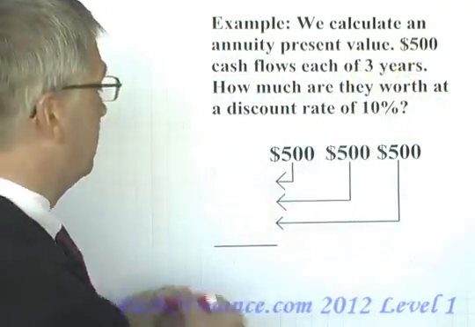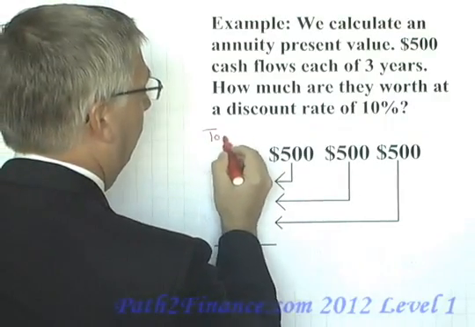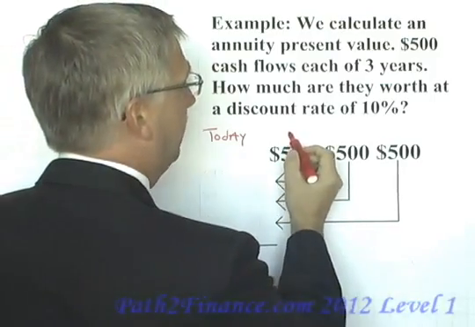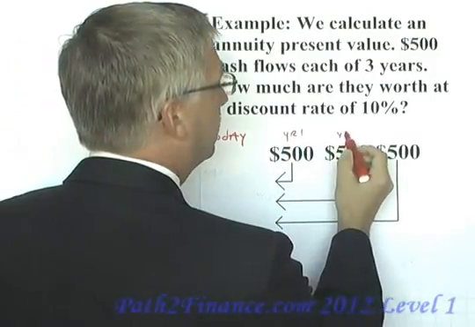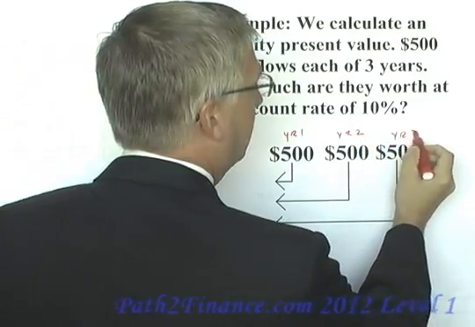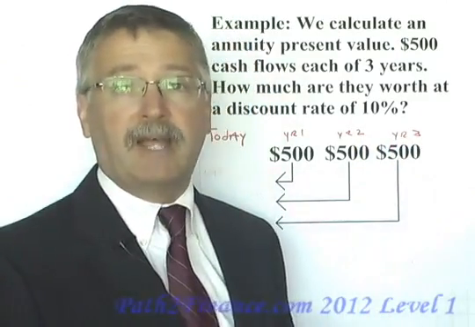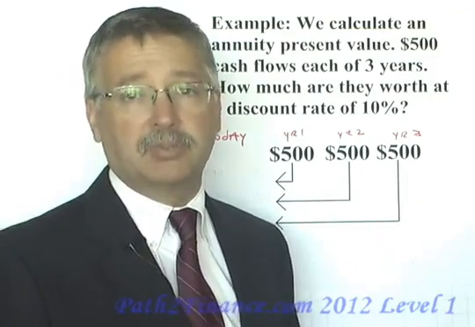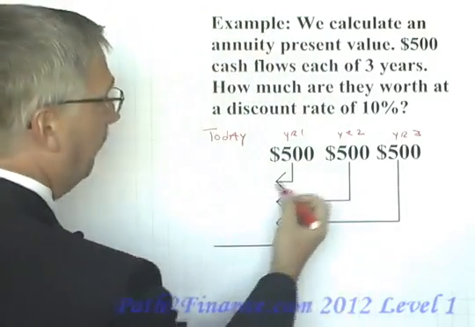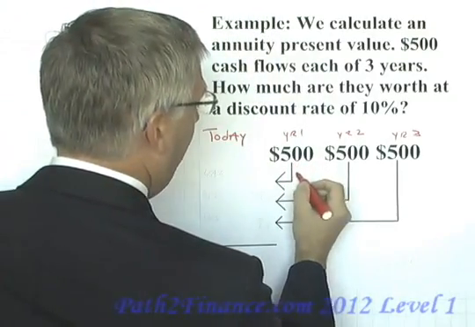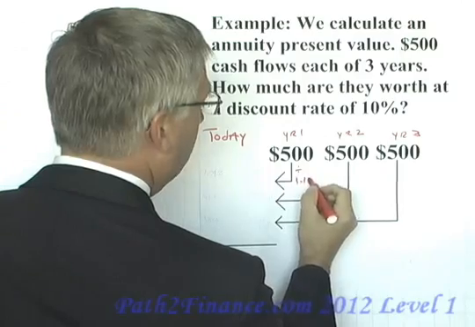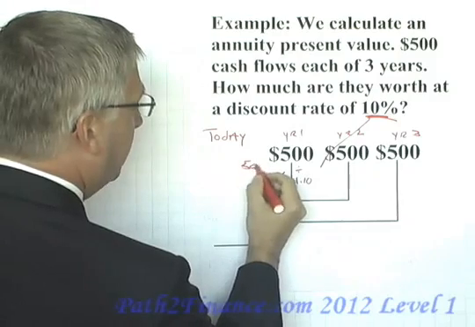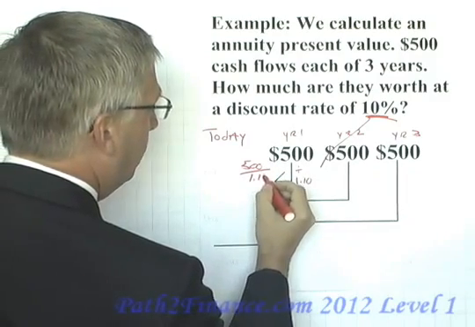Calculating the present value today of $500 that I'm going to receive in year 1, year 2, and year 3. So essentially someone's promised to pay me $500 a year for the next 3 years, and I want to know how much that stream of payments is worth today. So using our formula, we would take the 500 and divide that by 1.10, that's the discount rate here, and that 500 divided by 1.10 is